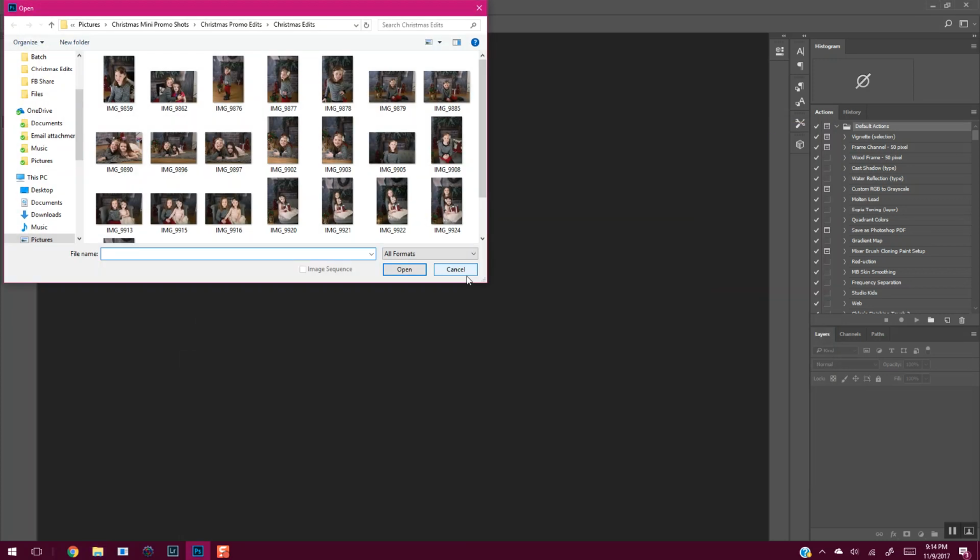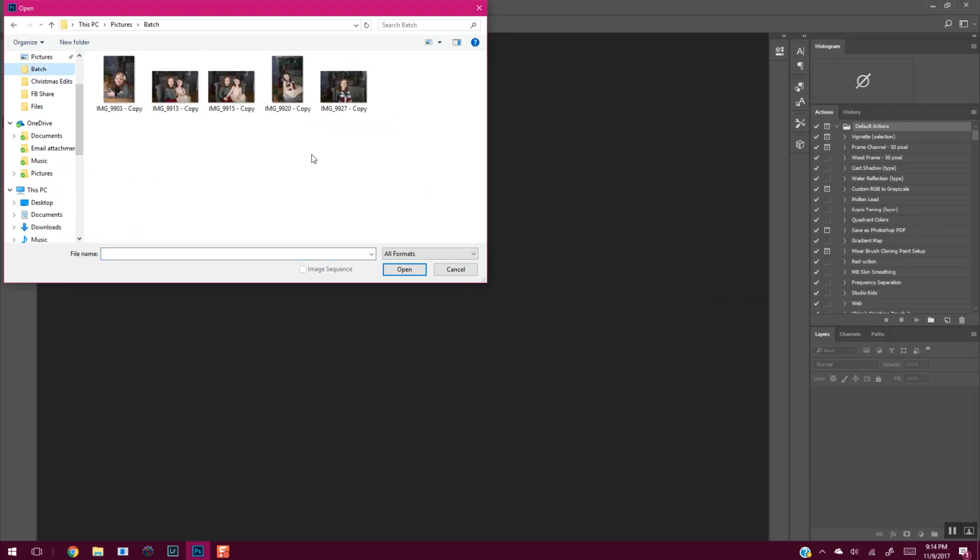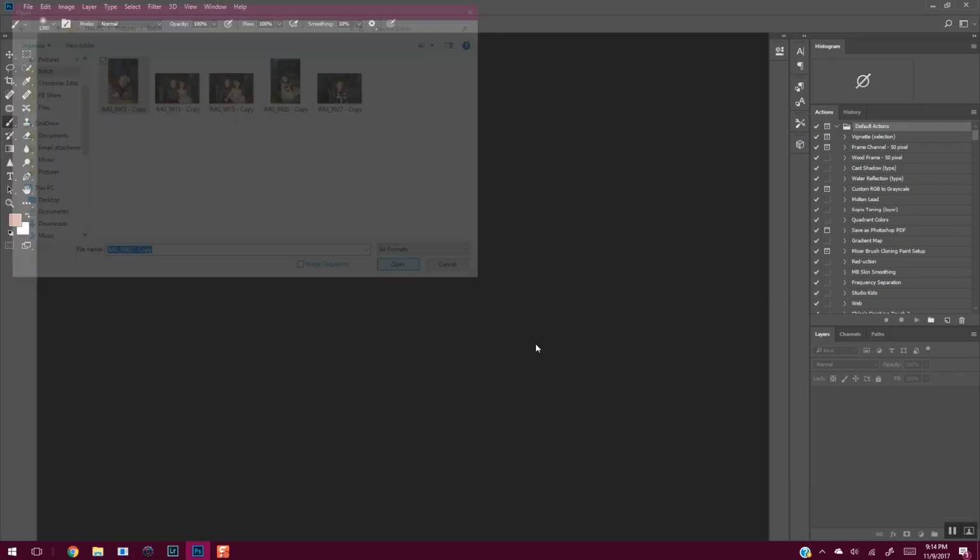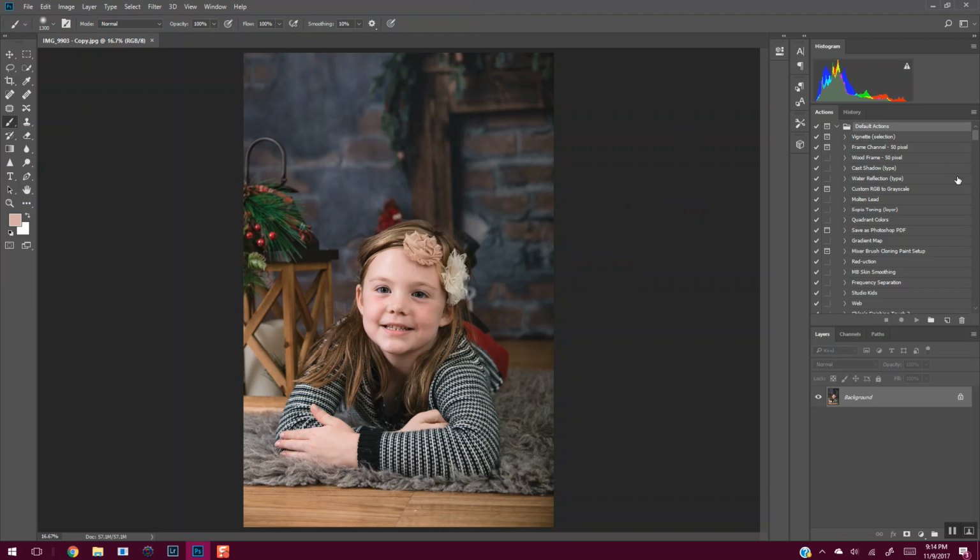I'm going to open a file and I just hit Control Open. Over here, I'm going to select from my batch folder and I'm just going to pick this first one and open it. From here, I'm going to slide on down or slide up to the default actions